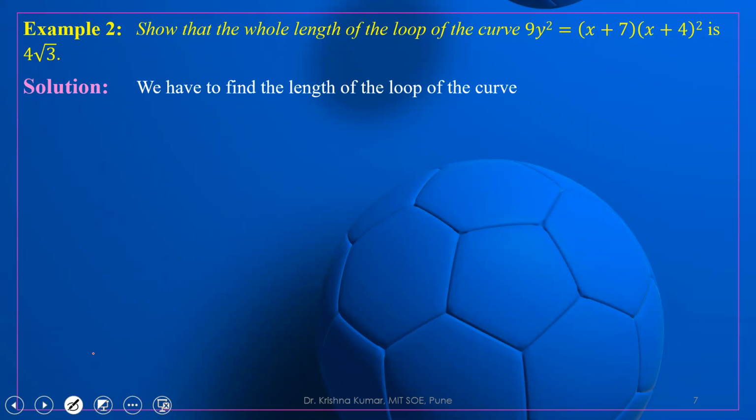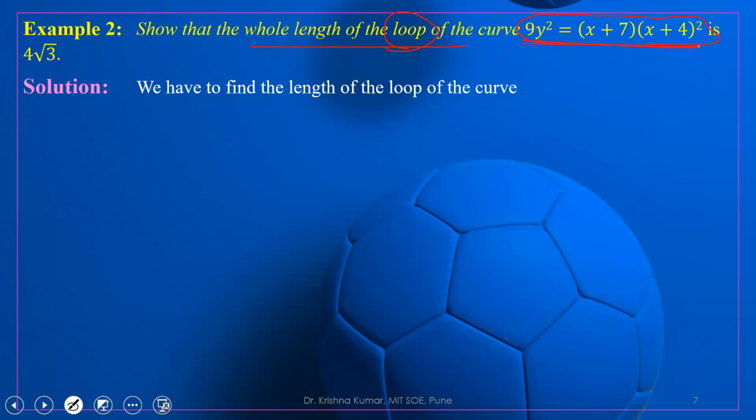Just look here. Here we have given the curve. But now what is the curve? It is a Cartesian curve. Everybody, it is very clear that it is a Cartesian curve. So if you want to find the length of this curve, what is given? It is given that we have to find the whole length of the loop of the curve. So what it means, if this question comes in the exam, we have to first trace